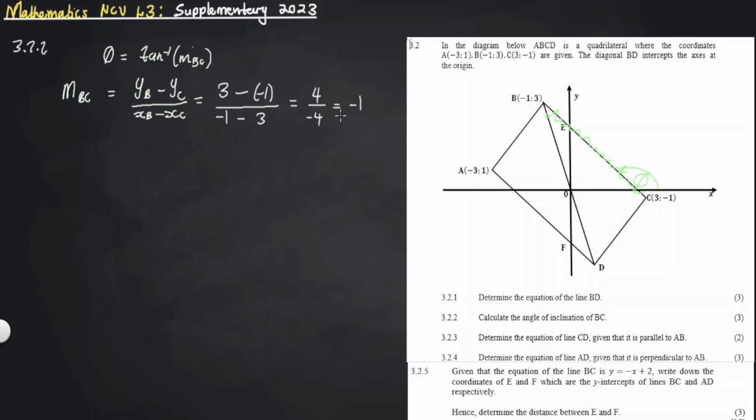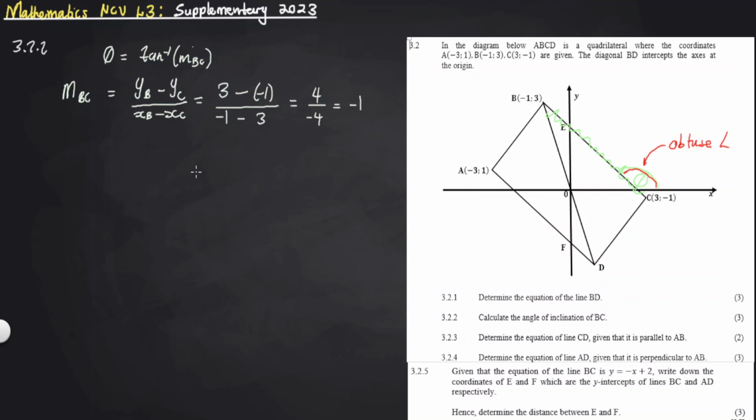So it's -4 over 1. So it is a negative gradient. Now I want you to take note of something: the angle of inclination here is actually an obtuse angle, meaning it's bigger than 90 degrees but less than 180. So to work out the angle of inclination of a line with a negative gradient, we always add